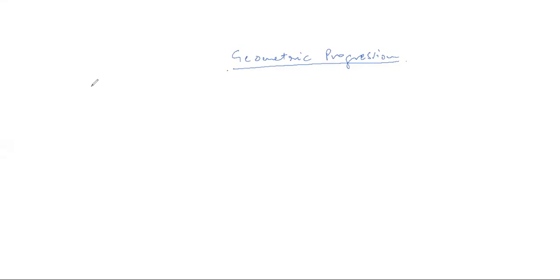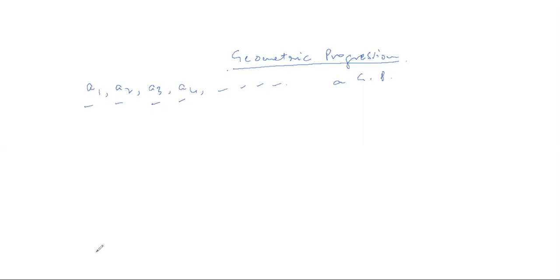Suppose a series is given to us in the form of A1, A2, A3, meaning these are the terms of that series, which is a GP. Okay, this series is a GP, geometric progression. So what happens actually in this series is that the terms are also written in the same manner, I mean in a similar manner as they were in AP.